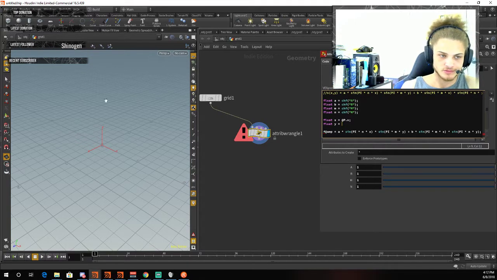And let's display our amplitude value by dropping down a visualize node, go to visualizers, and we'd like to visualize our attribute as a